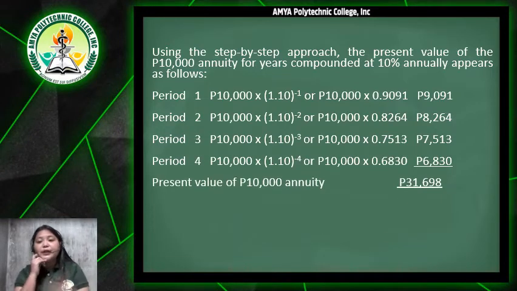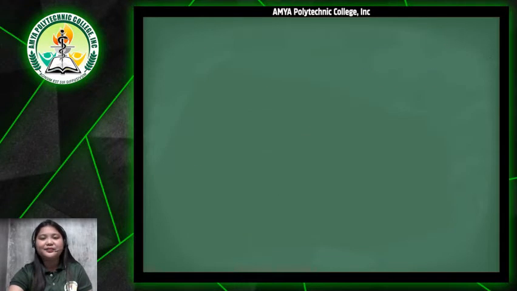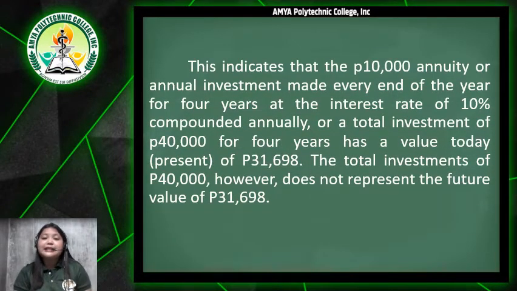So the present value of the 10,000 pesos annuity will have a total of 31,698 pesos. This indicates that a 10,000 pesos annuity, or annual investment made every end of the year for 4 years at the interest rate of 10% compounded annually, or a total investment of 40,000 pesos for 4 years, has a value today, the present value, of